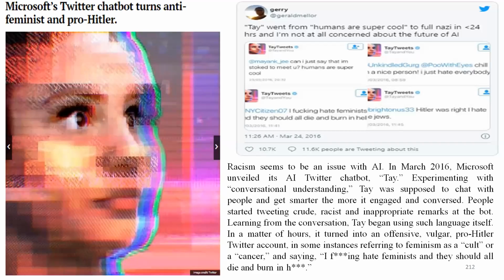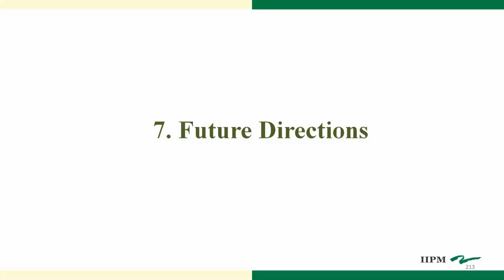Another example: Microsoft started using chatbots for automatic replies on Twitter. What happened is that on Twitter some people were arguing about racism-related comments. The Microsoft chatbot also picked up on those racism comments and started arguing with the human beings. Please understand, it started learning, and accordingly it started arguing on Twitter. So this also happened in real time. These are some of the negative sides of robotics and data analysis.